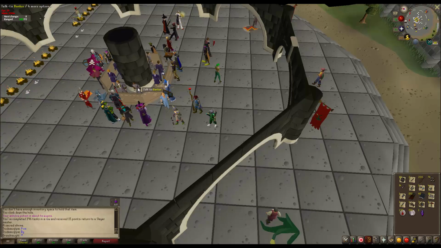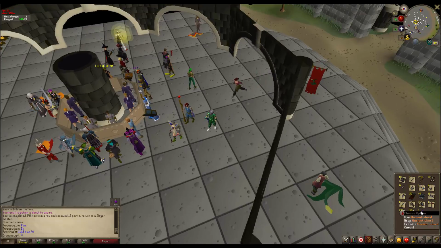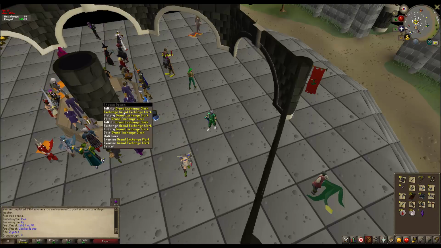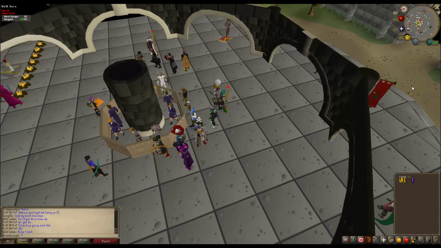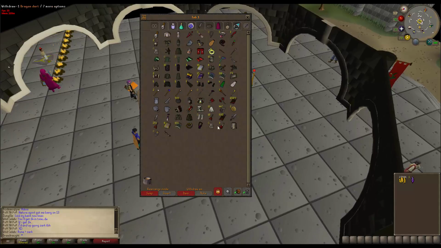Okay, just finished my Black Dragon task, done the rest of it at Brutal Black Dragons, and I managed to get myself 1 ancient shard. I think you need 3 to make an Arclight, so I need another 2 more. So let's sell the loot and see what we get. Okay, so all the loot sold, 2.7 mil. It's not really a realistic representation, because that does include the dragon pickaxe I got, which is a very rare